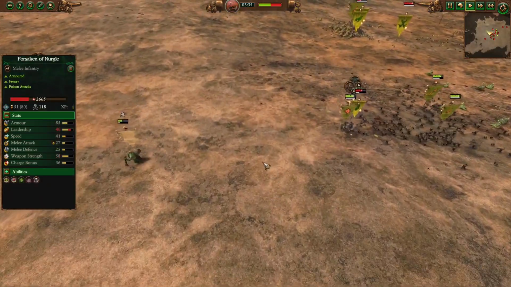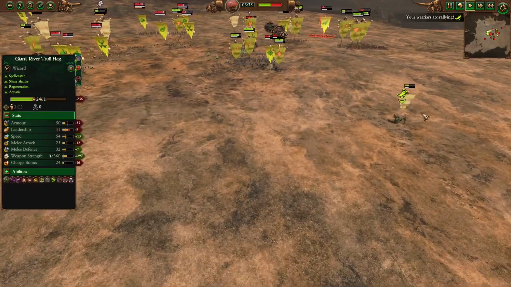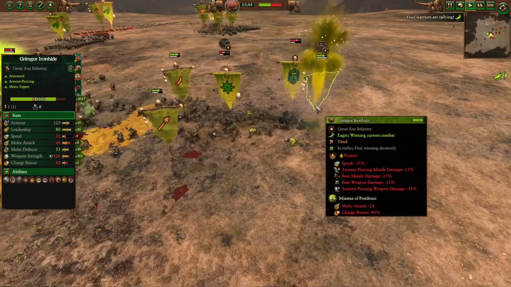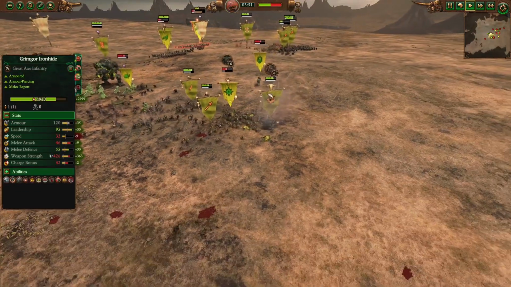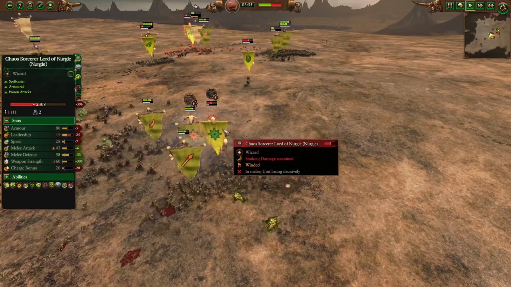In the middle where the characters were duking it out, the fight has been quite favorable for the Nurgle army, actually routing off the giant River Troll Hag. But the main problem here is that Grimgor Ironhide, the biggest, the baddest, the greenest, meanest big boss, doesn't care if he's in a 1v2 situation. He just chaffs through it, doing some massive damage to the Chaos characters. The Exalted Hero was forced to retreat,